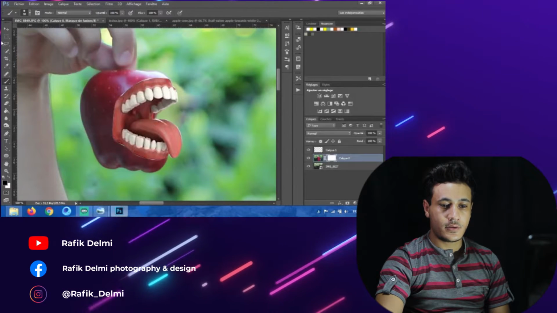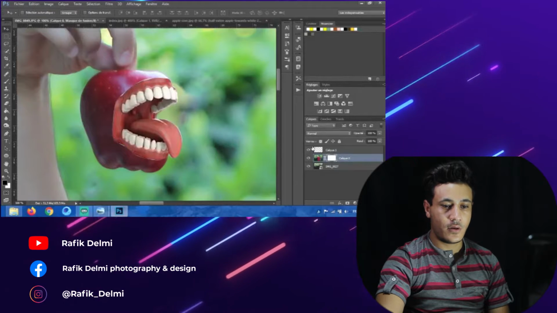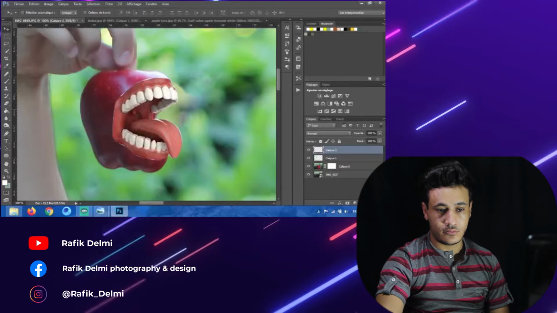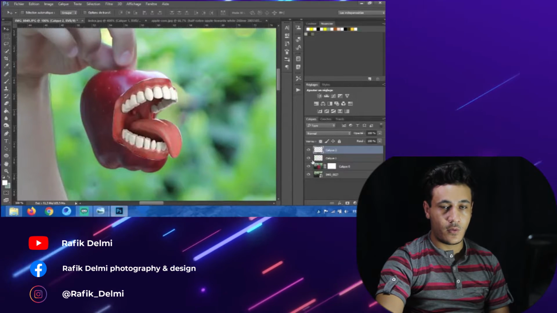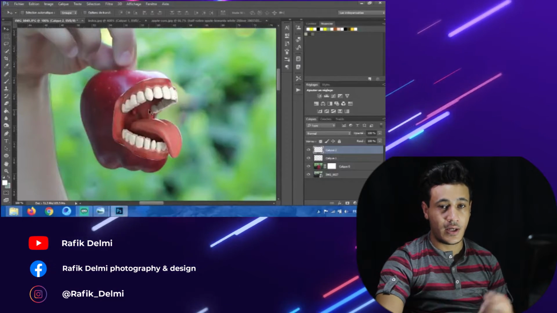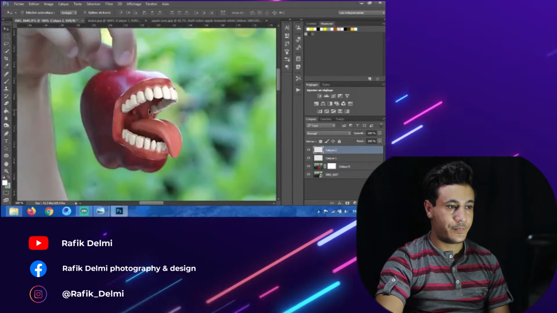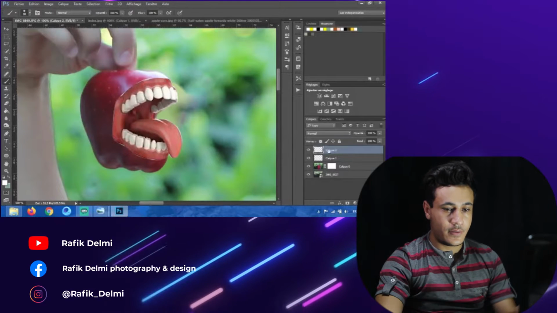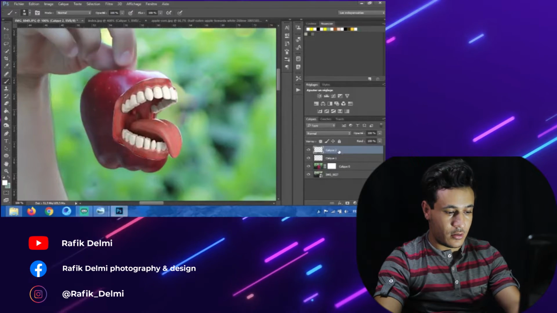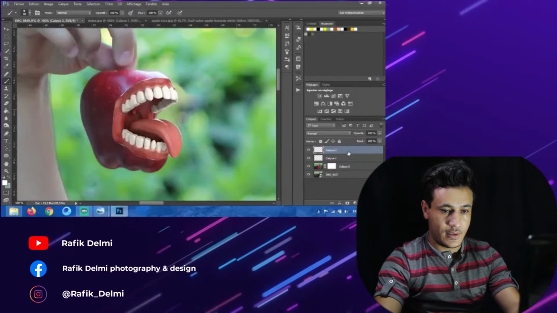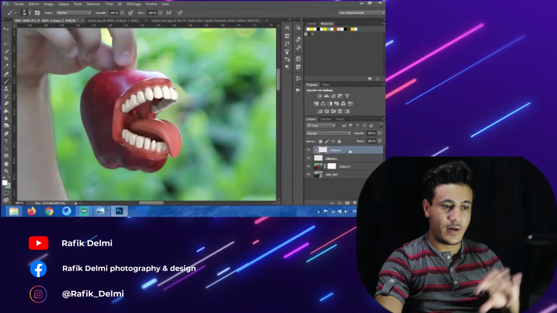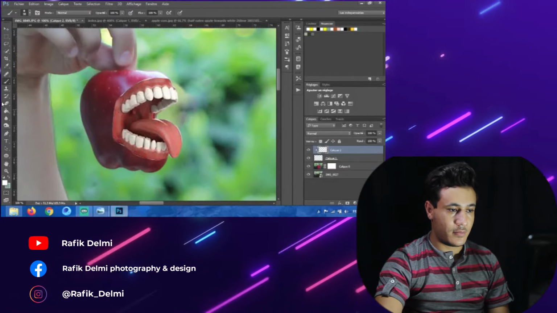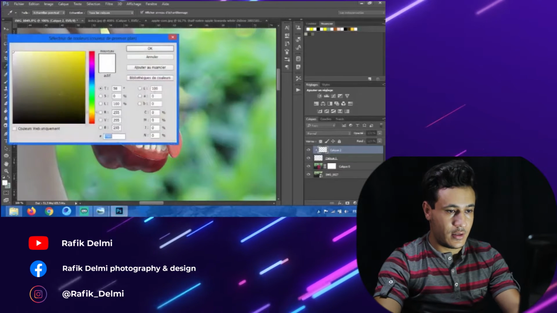After omitting some parts from the main picture, we now have to play with the light and the shadow on the layer of the mouth so that we can give it a 3D look and especially a realistic look. So creating a new layer, and we use Alt here to only modify the layer of the mouth, then using black color and the brush tool,